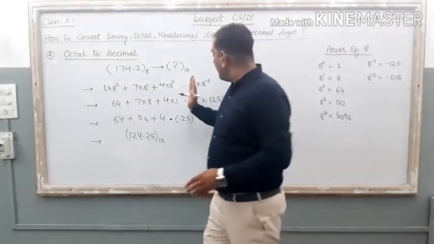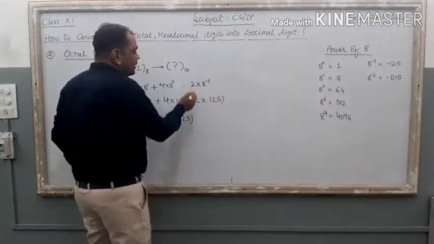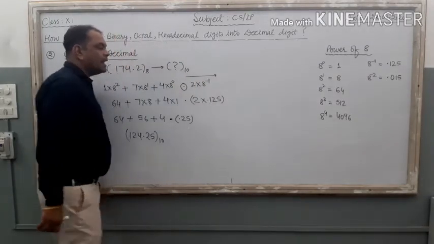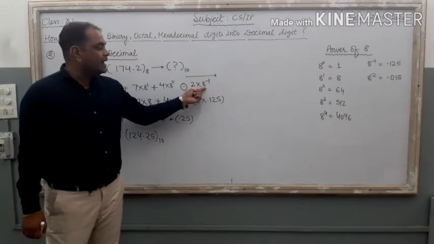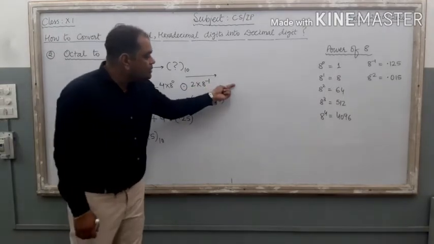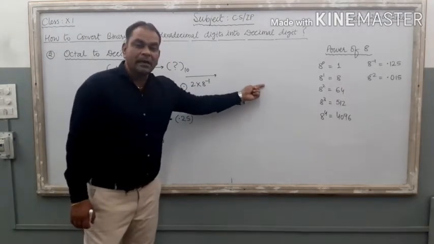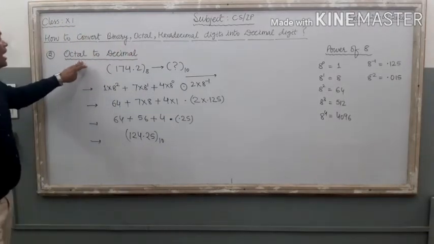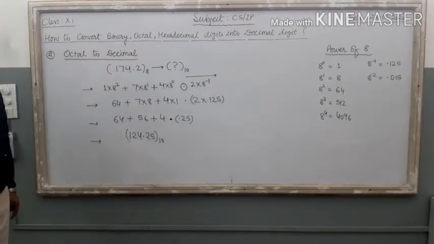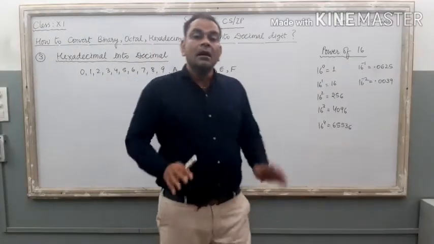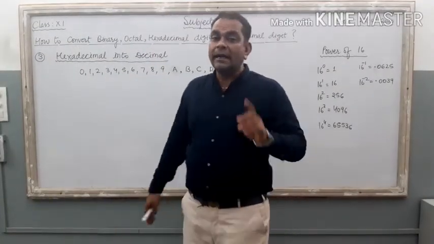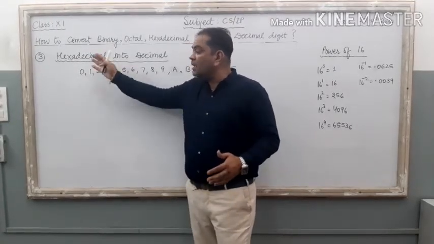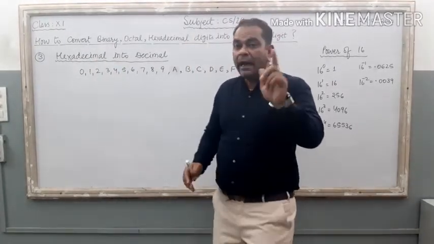And from the leftmost part after the decimal point, we multiply by the decreasing powers of 8: 8 raised to power minus 1, then 8 raised to power minus 2, 8 raised to power minus 3, and so on. Right? It is the process by which we can convert an octal number into decimal. Clear? Yes. Now our next topic is how we can convert a hexadecimal number system's value into